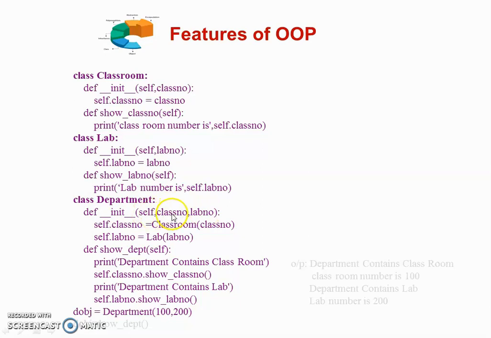So we pass the class number as 100 and the lab number as 200, so the class number will be put into the class number and the lab number into the lab number, and we display object.show_department. So show_department will print the output: Department contains the classroom, classroom number is 100, and Department contains the lab, and lab number is 200. This is called containership.